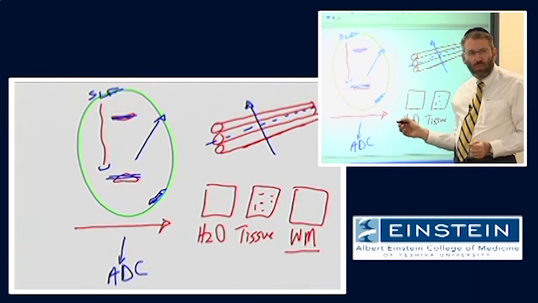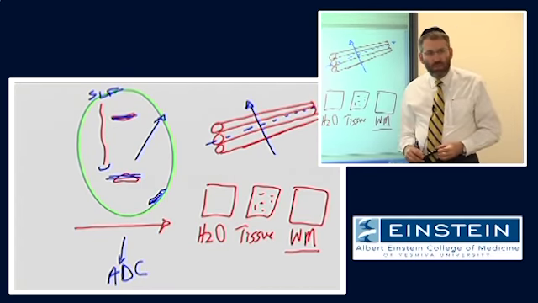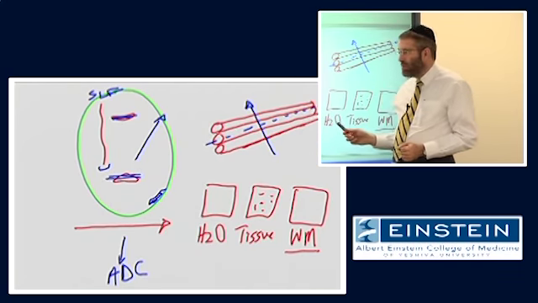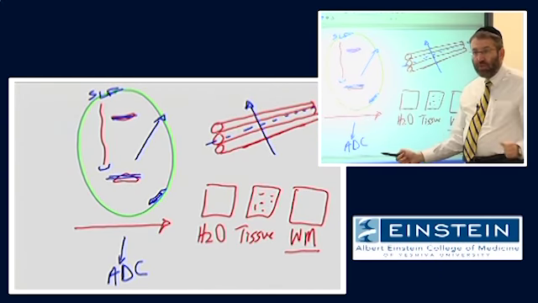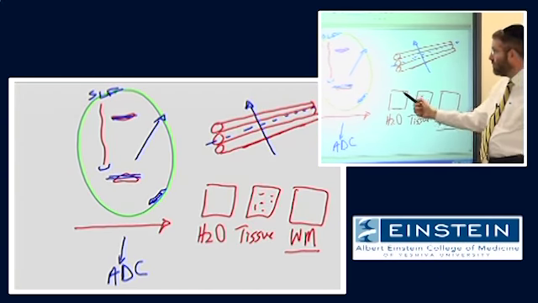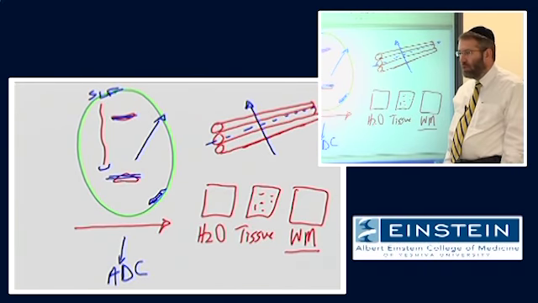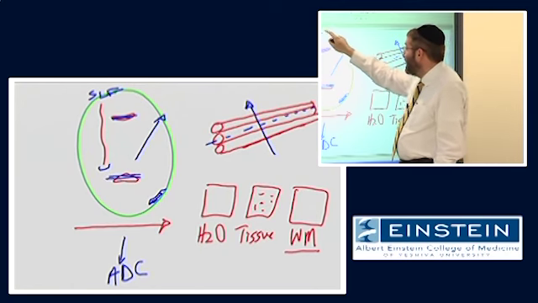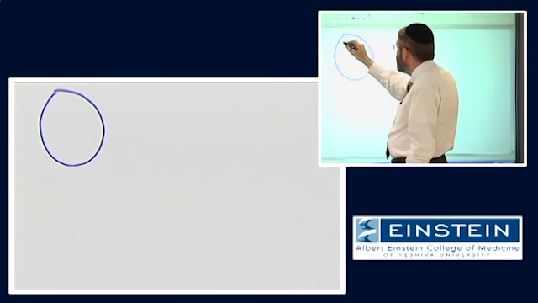Is that clear why that's the case? Yes? Any questions about this? So from this one image, we can tell something about the orientation of diffusion. Now, it turns out that if we acquire a series of images,